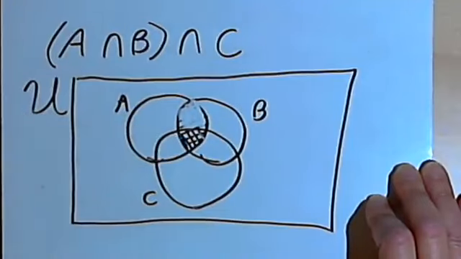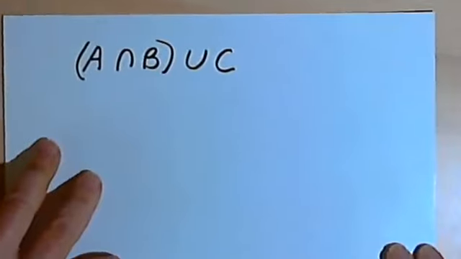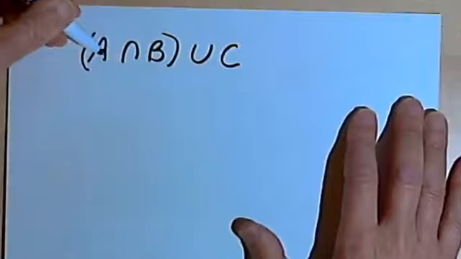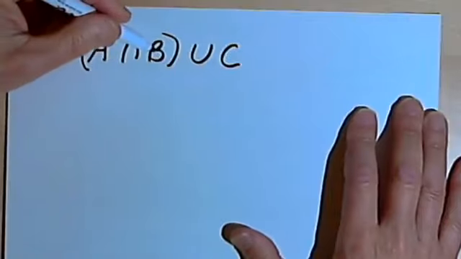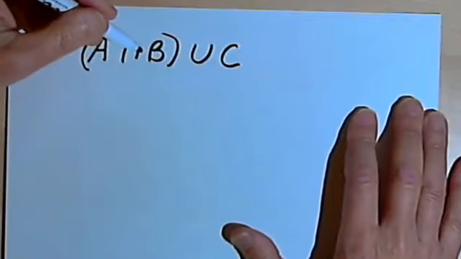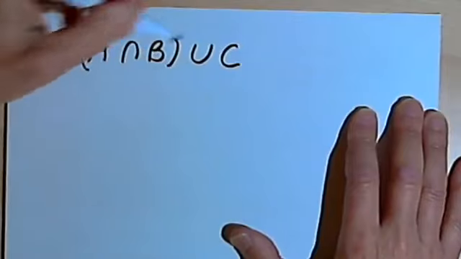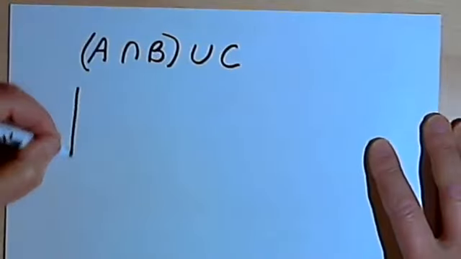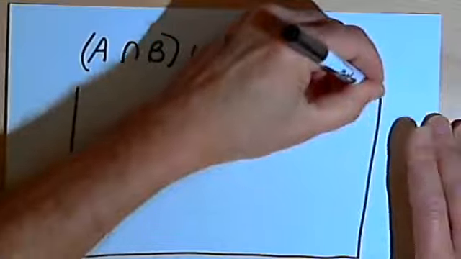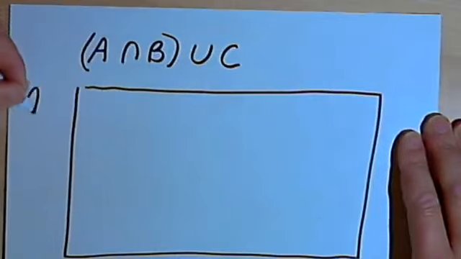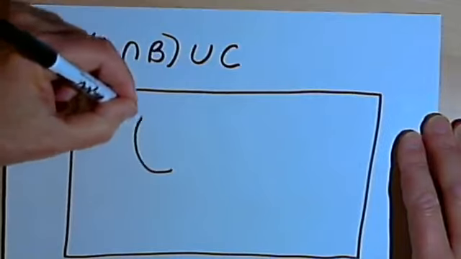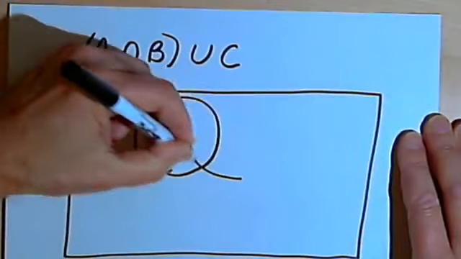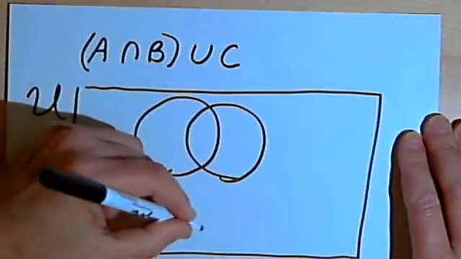Okay, let's compare that with something else. Here once again I'm starting with the intersection of sets A and B, but then I want to take that and have the union of that with set C. So inside my universal set, I draw three overlapping circles,